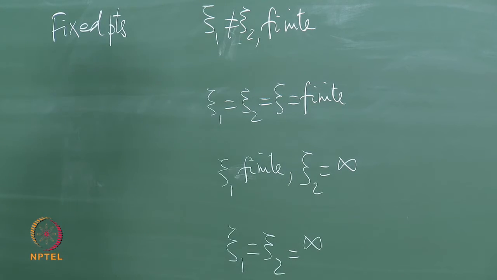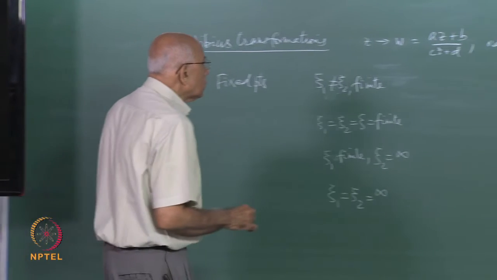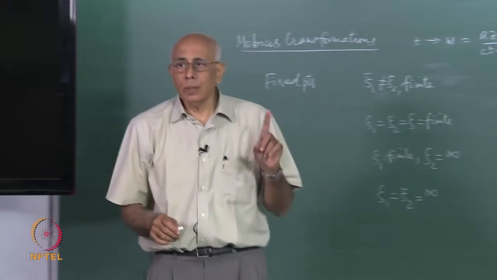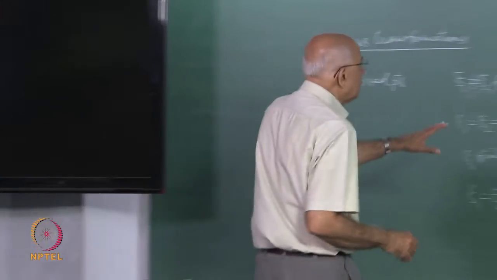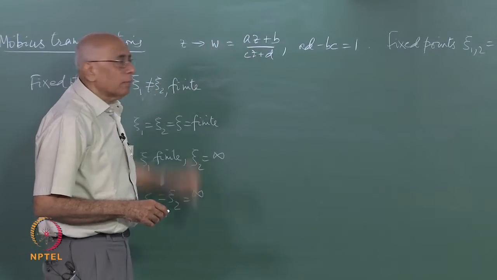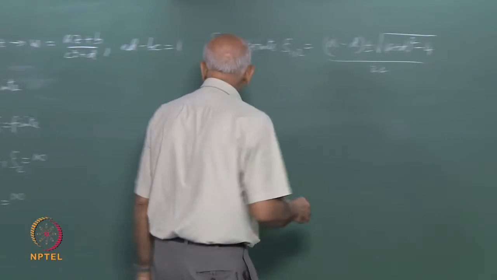Both were at infinity. These are the 4 types that we distinguished. Now, we also introduced the idea of a normal form for all these transformations. In other words, this is not the most convenient way of writing the transformation, but the so called normal form,